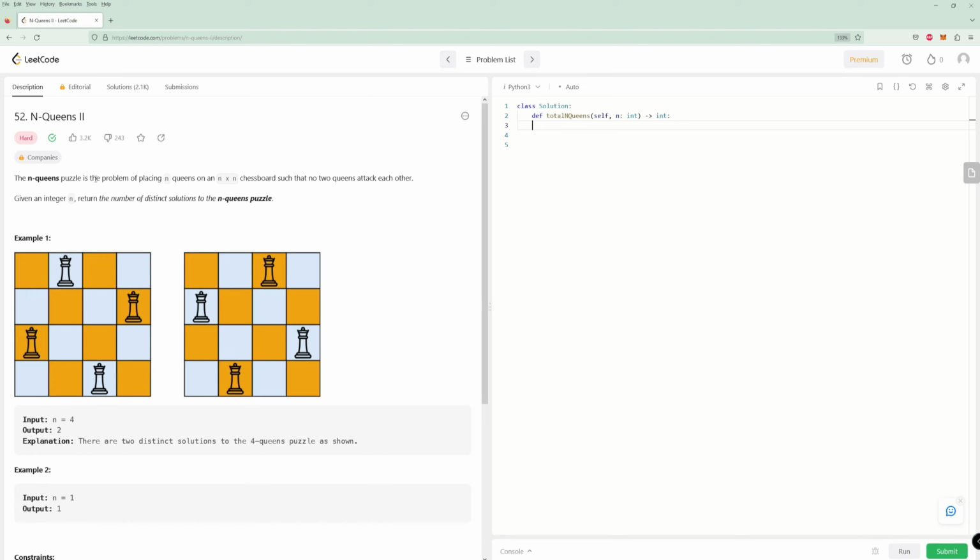So the N-Queens puzzle is the problem of placing n queens on an n by n chessboard such that no two queens attack each other. Given an integer n, return the number of distinct solutions to the N-Queens puzzle. And we can see, if you know how to play chess,